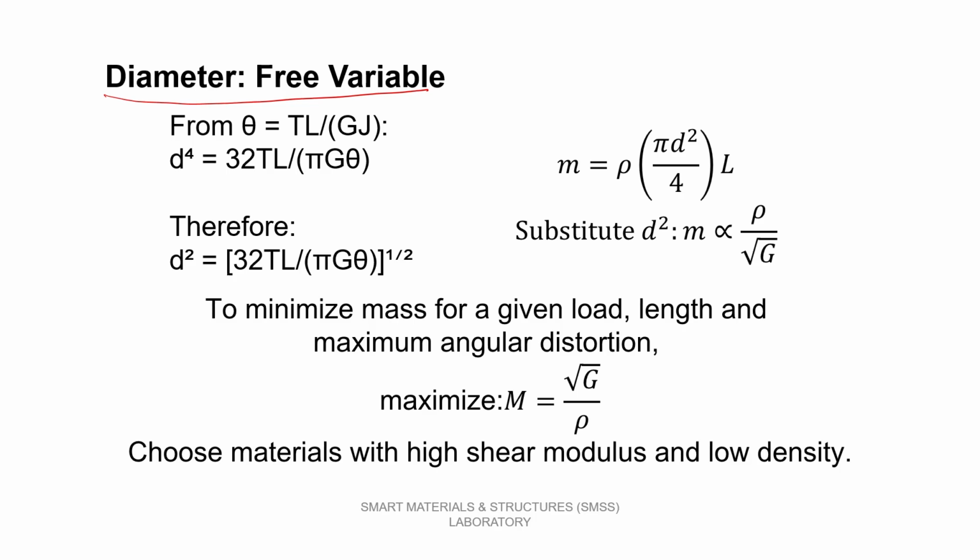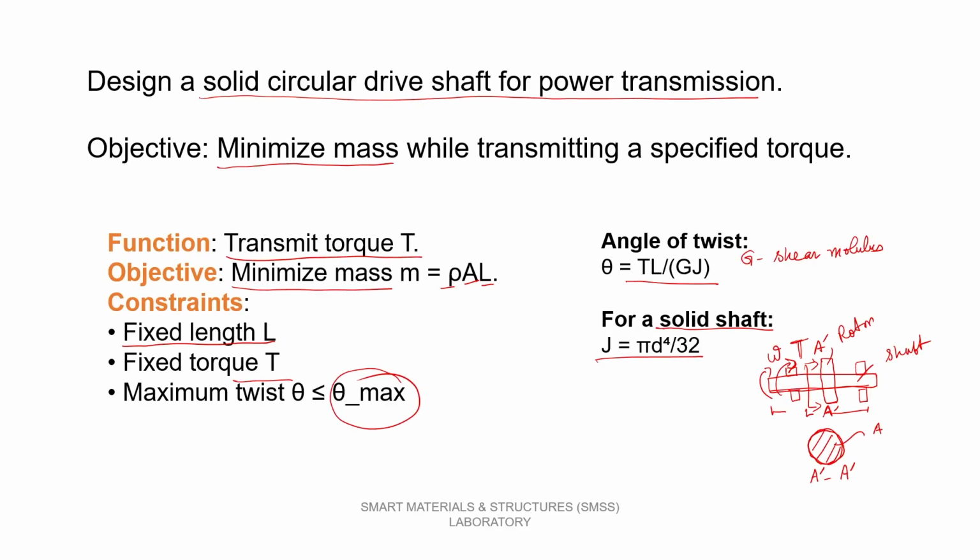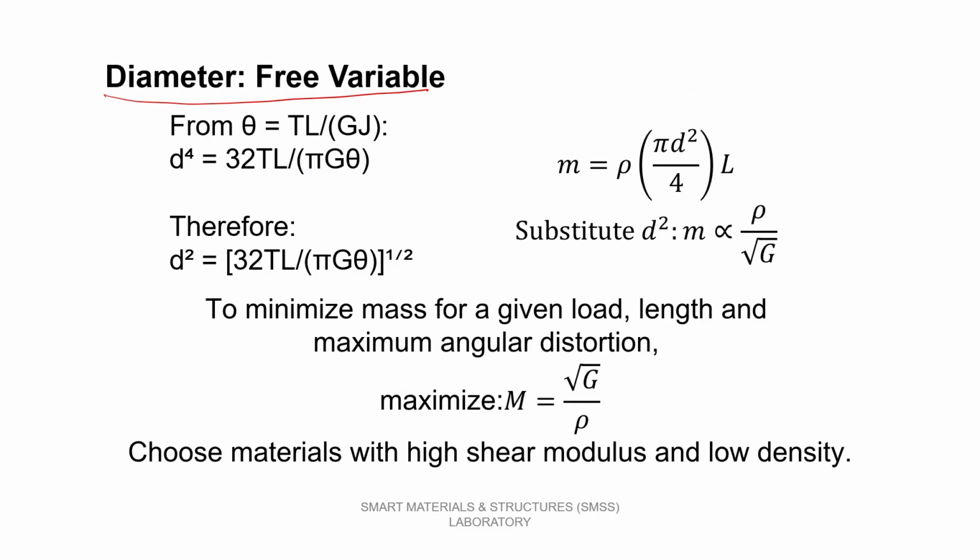So, you know already theta is TL by GJ. You also know that J is known to us, right. So, we know that J is pi d to the power 4 by 32. You can see it here, from this equation, if I just write it for your clarification, it is TL over GJ, which is pi d to the power 4, and then the 32 comes in the top, right. Now if you look at it, I can interchange, because this is the free variable